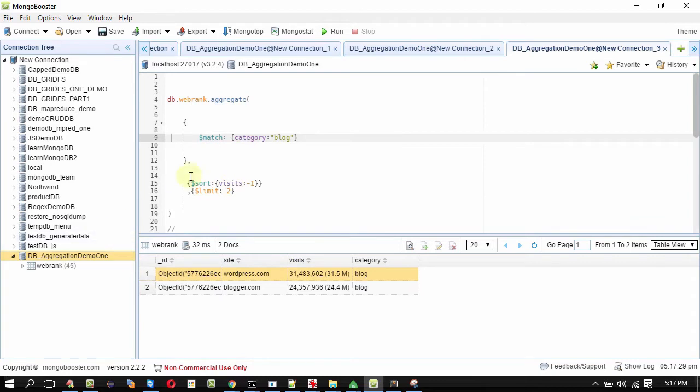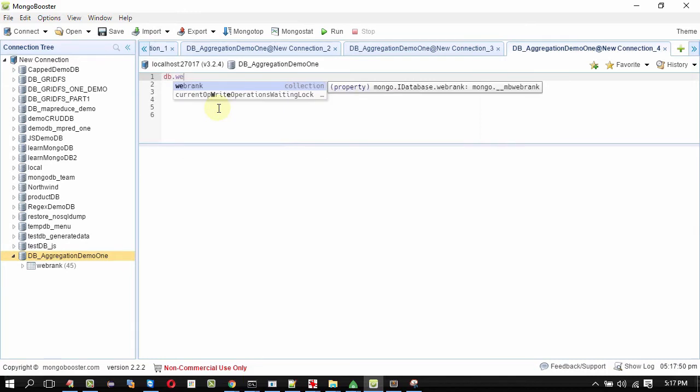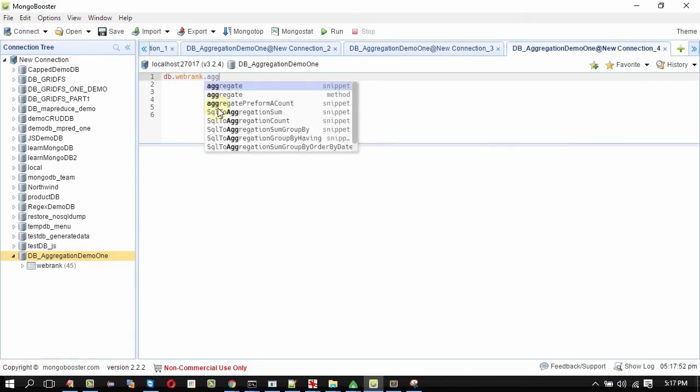The next step is going to be very interesting. We'll be mixing both the match operator with the group operator. I'll be doing it in a separate shell. I'm going to filter the category based on the total number of visits. For this, I'm going to use both the group and the match operator. db.webrank.aggregate is a method.